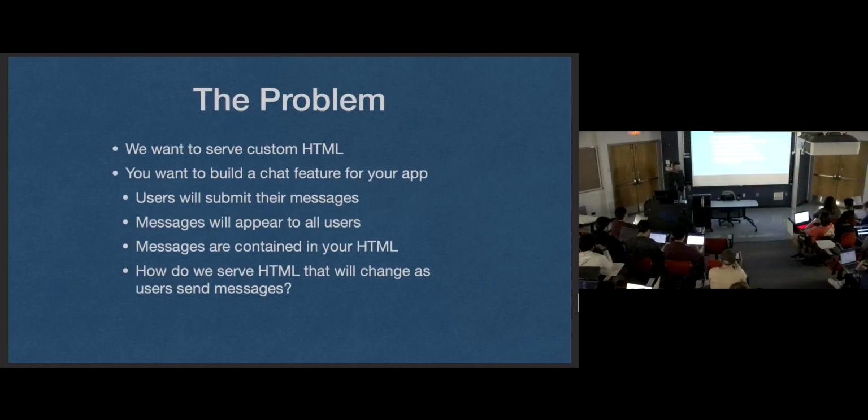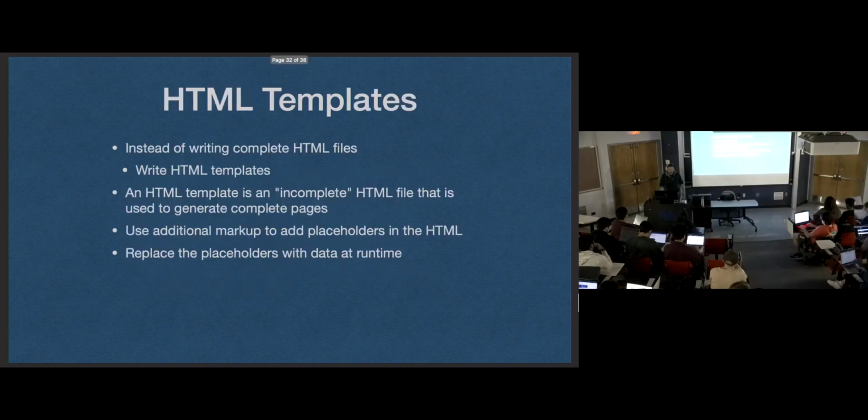I'm going to rip through templates kind of quick, I think, because I want to get to authentication. But we have this problem where sometimes we want to return custom HTML to a user based on whatever their specific request was. For homeworks 1 and 2, I structured them in a way that avoids this, so we don't have to worry about it until homework 3, and you'll have to worry about this on the project, depending on how you structure your project, actually.